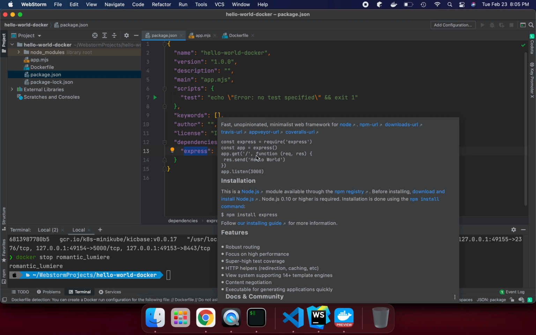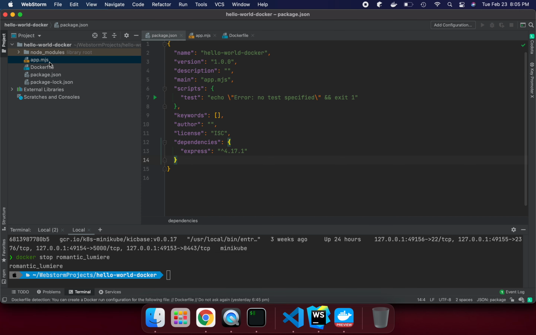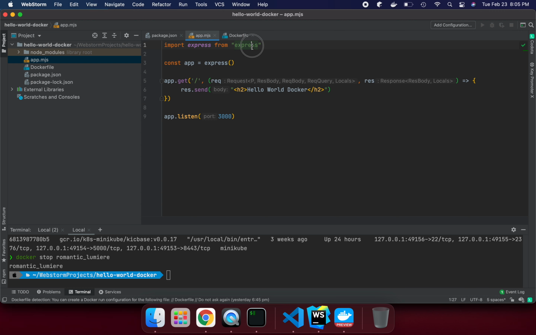So we are downloading it and we are trying to require express, or you can say import from express, and create the endpoint and say, hey, listen on this port. Hello world. That's what I'm doing. There's not so much code here to explain, but the key thing is I'm saying, hey, import this module express, and I create the object of this and just give it a name. And if I call the forward slash endpoint on this port, please give me the response hello world docker. The overall thing is, either you do it in Node.js or Spring Boot, many things are similar. It's not a big deal here.